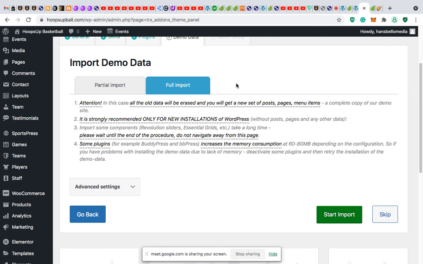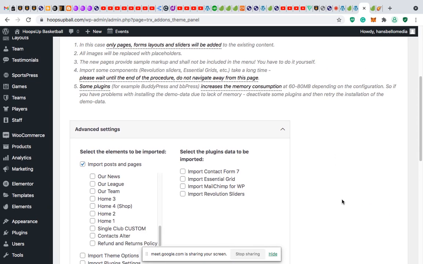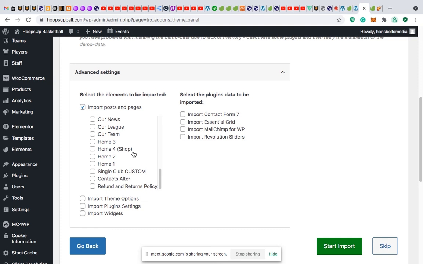Once you are installing demo data, that's what actually comes with it, right? It says attention, in this case, all the data will be erased, and you will get a new set of posts, pages, and menu items. Now that is what this demo will do for my site, right? And it will delete every single thing on the site. But for now, since I'm testing some things, I'm just going to install a few